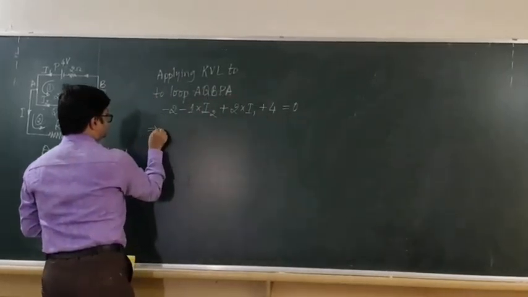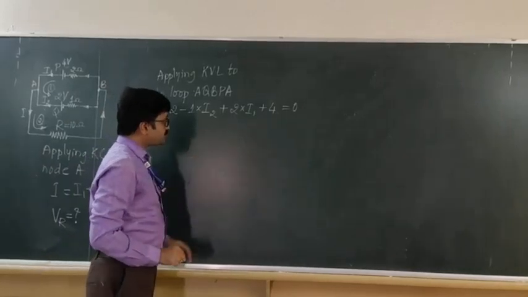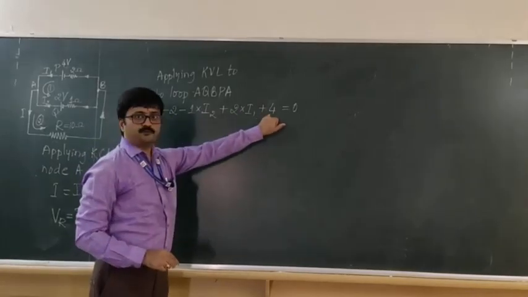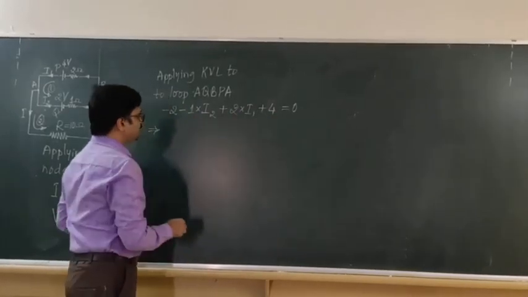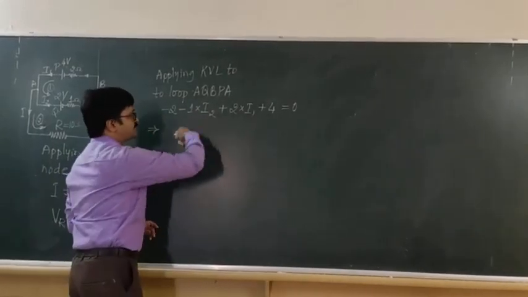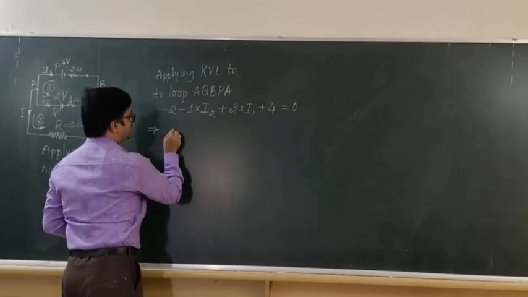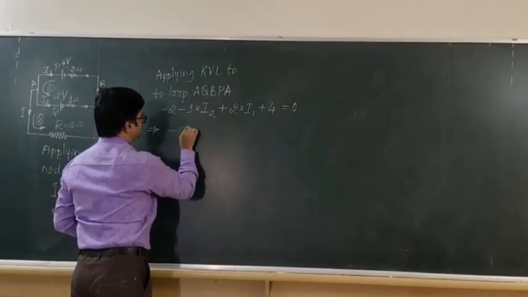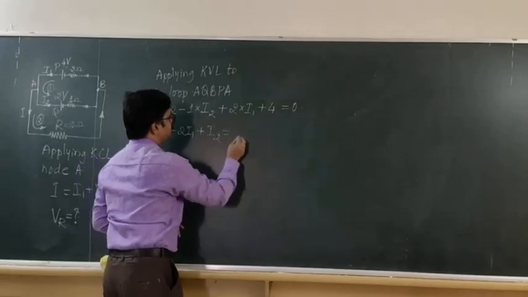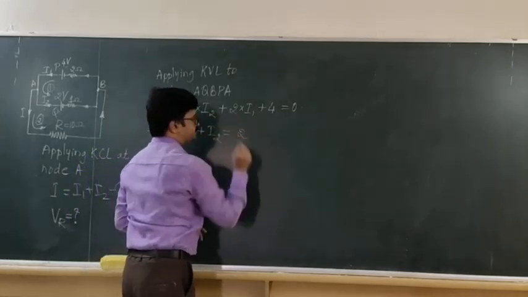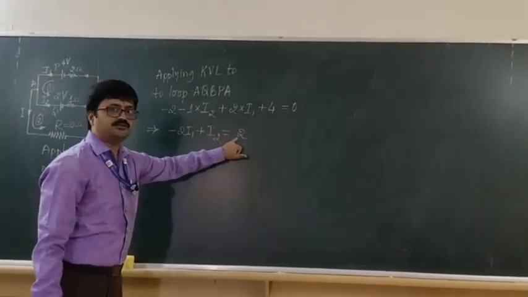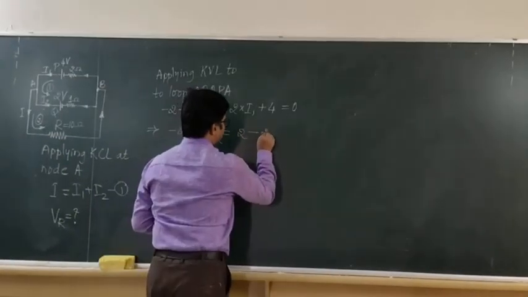Okay. So, next step, I will simplify this. Here, as you can notice, we have minus 2 plus 4, that means it becomes plus 2. Then minus I2 we have and 2 I1 we have. So I will shift it to the other side. So I can write this as minus 2 I1 plus I2 is equal to 2. This is what we have, right? So minus 2 I1 plus I2 is equal to 2. So this I will take as equation number 2.